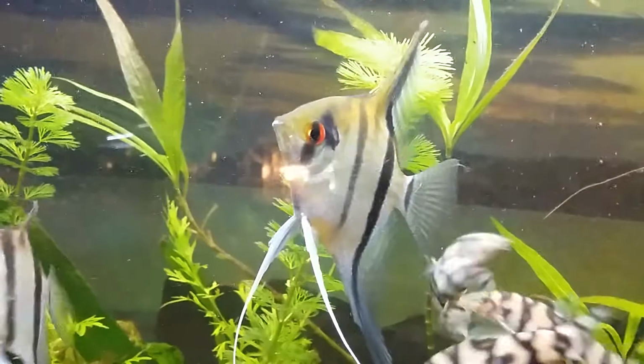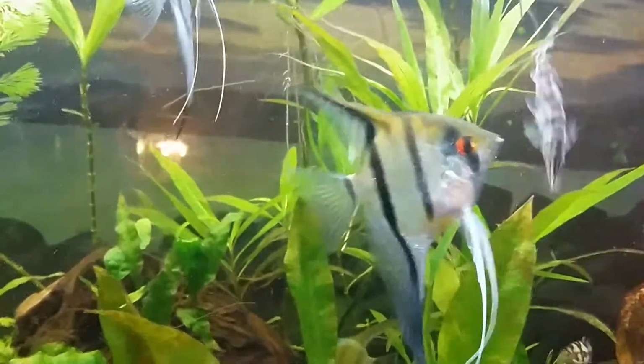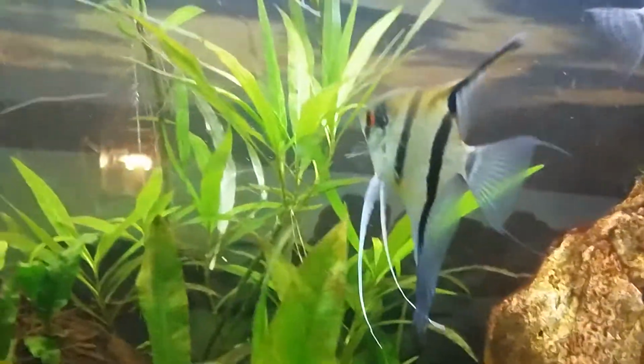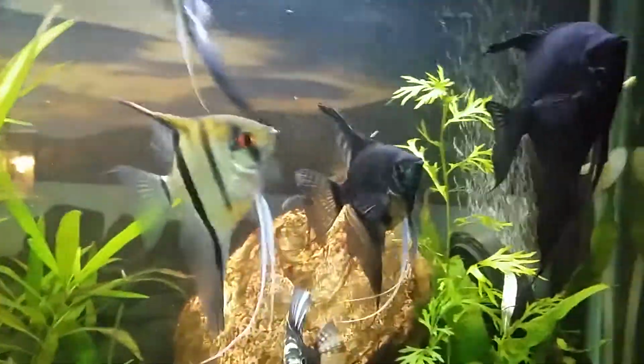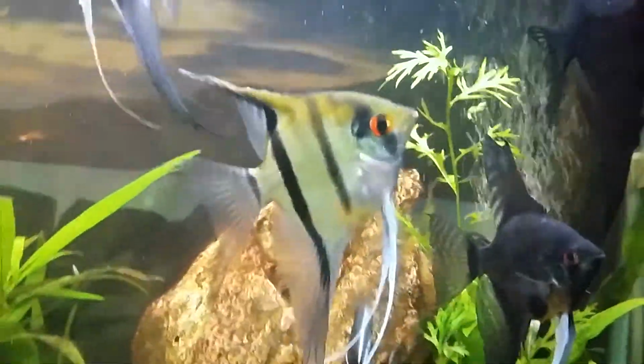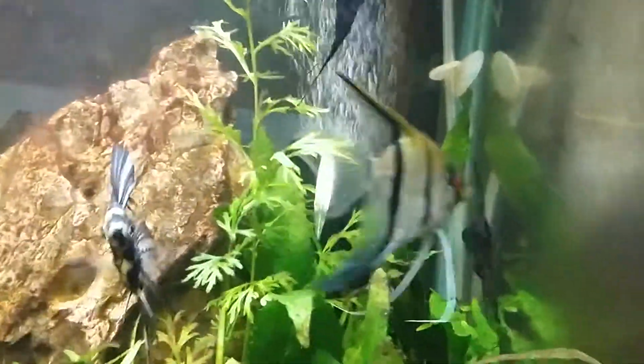The tall, slender body ones with the silver and the black bar markings. Peruvian Altums is their street name. There'll be smart asses on educating me to say they're not true Altums. Indeed they are not. They're Pterophyllum scalare. They are normal angels, but oh, it doesn't like him. Well, they're both females actually, but